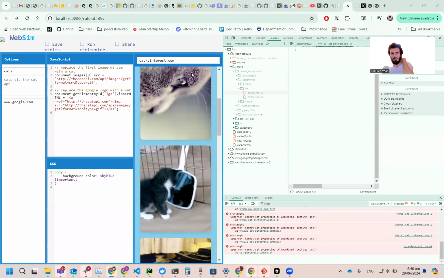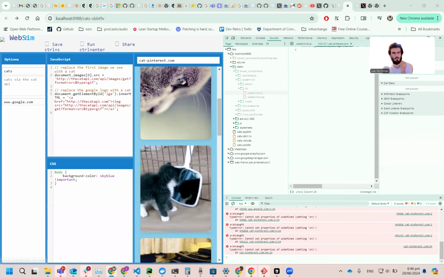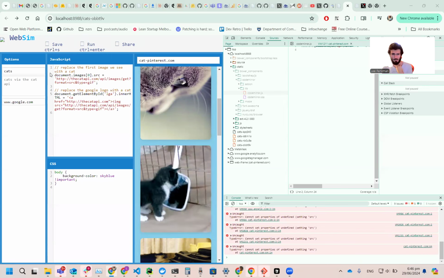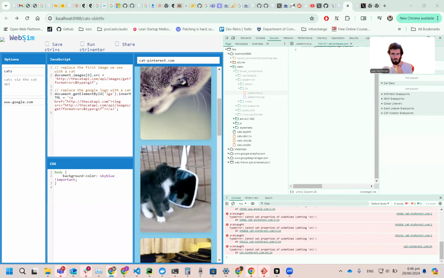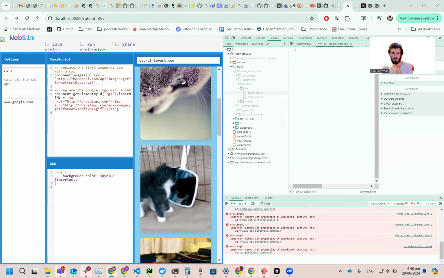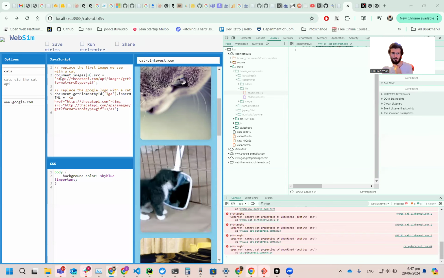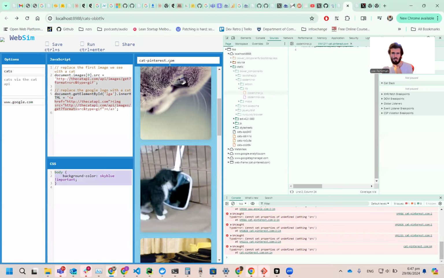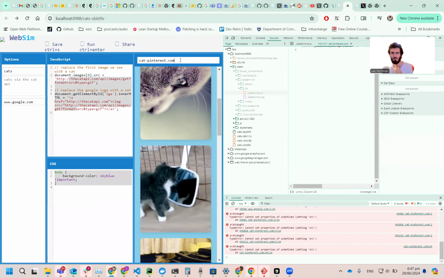Hey, so I'm working on this new project. I always end up picking up something new, but this is very similar to WebFiddle. I'm calling it WebSim. We will basically simulate the web, so you can have your own JavaScript and CSS, and you can get Claude to automatically generate